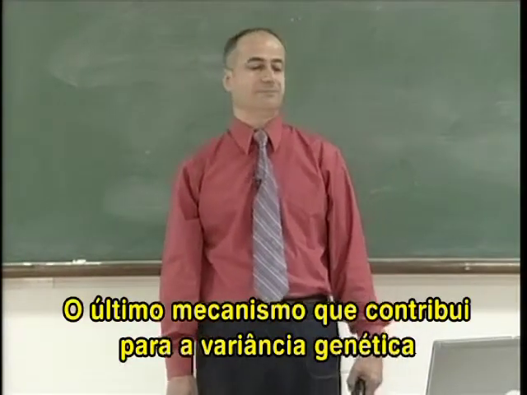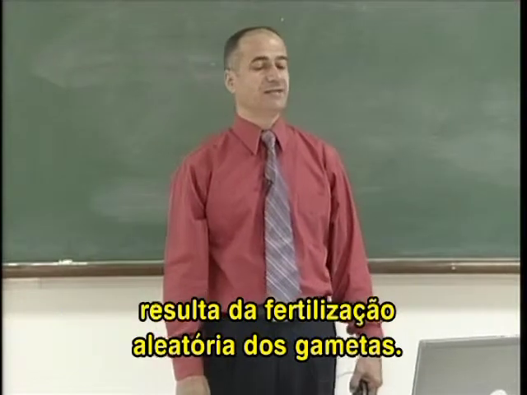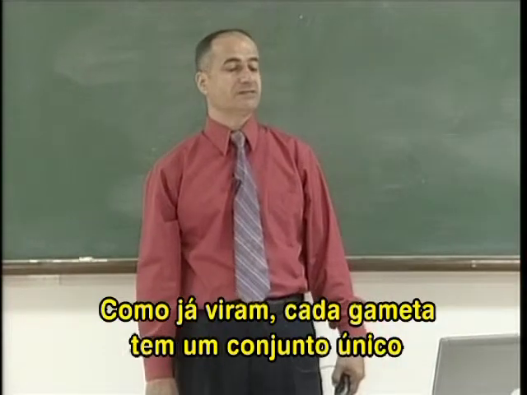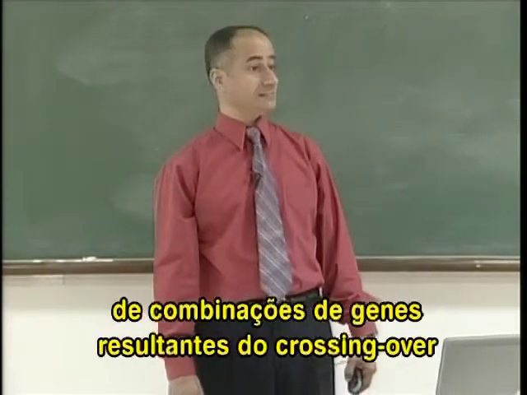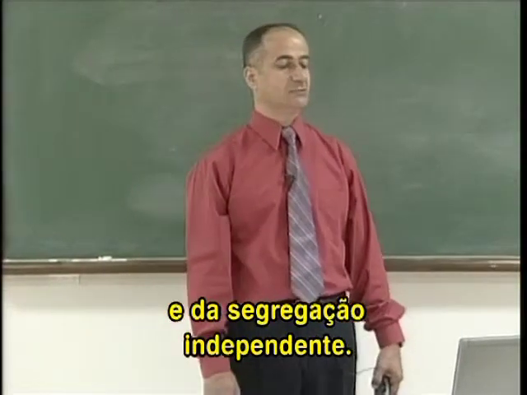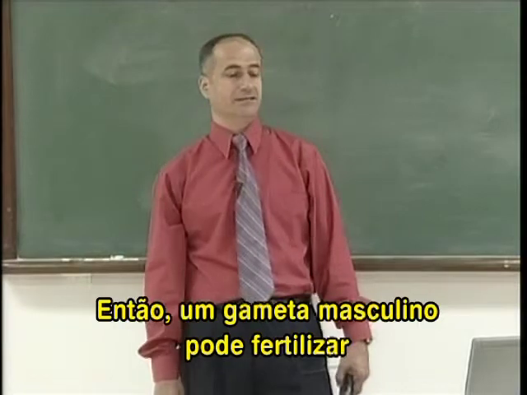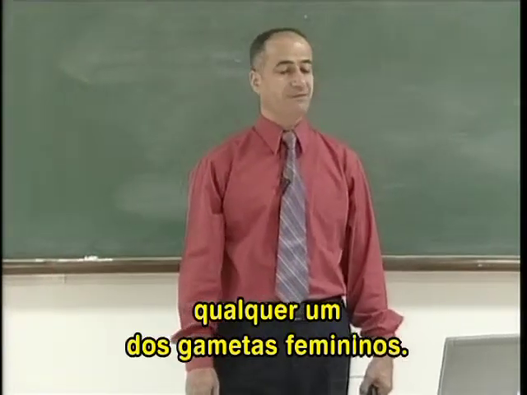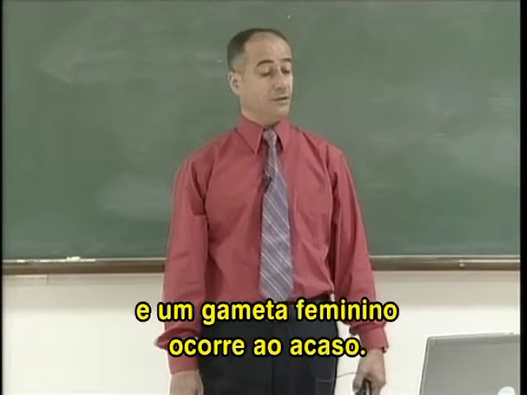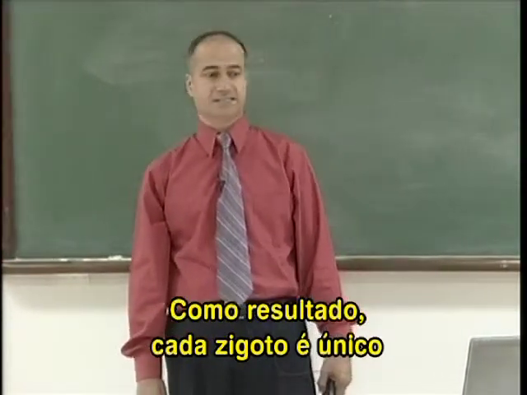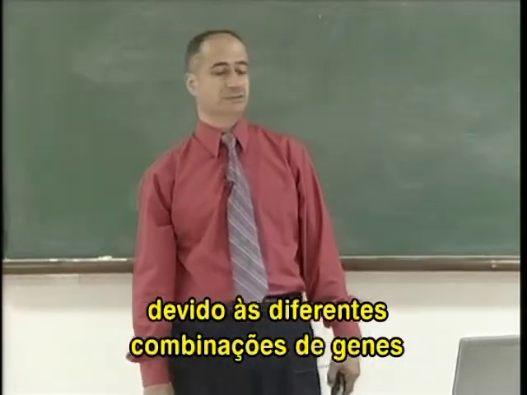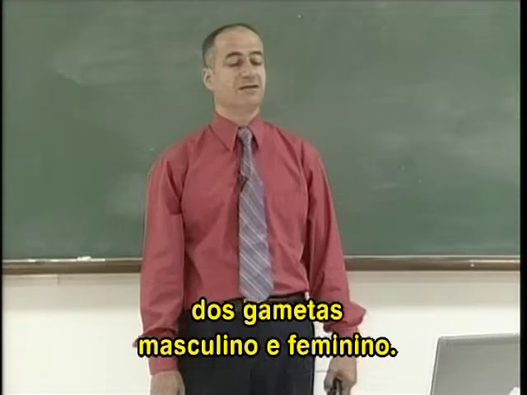Now, the last mechanism that contributes to genetic variation results from random fertilization of gametes. As you saw, each gamete has a unique combination of genes as a result of crossing over and independent assortment. So a male gamete can fertilize any of the female gametes. The fertilization between a male gamete and a female gamete occurs randomly. As a result, each zygote is unique, and hence variation occurs due to the different combination of genes from the male and